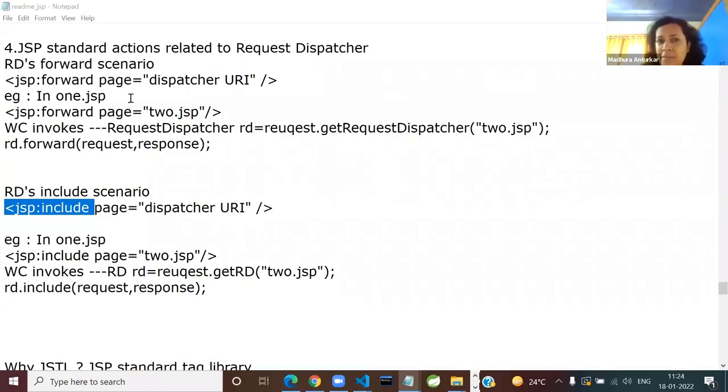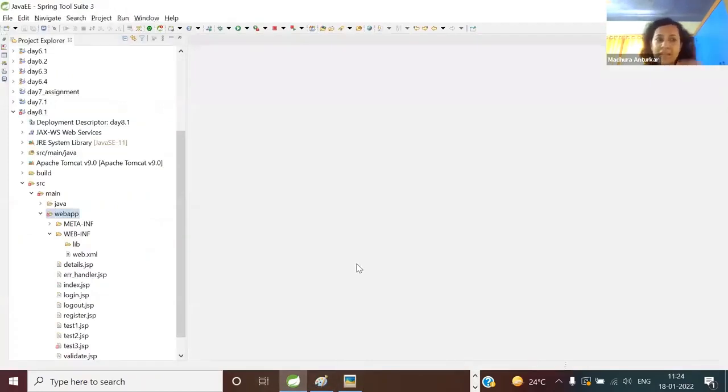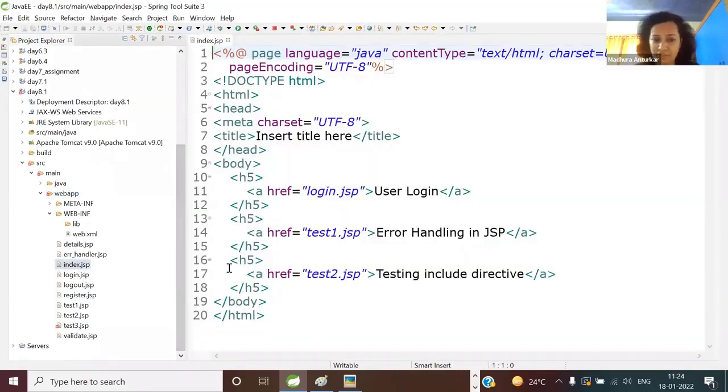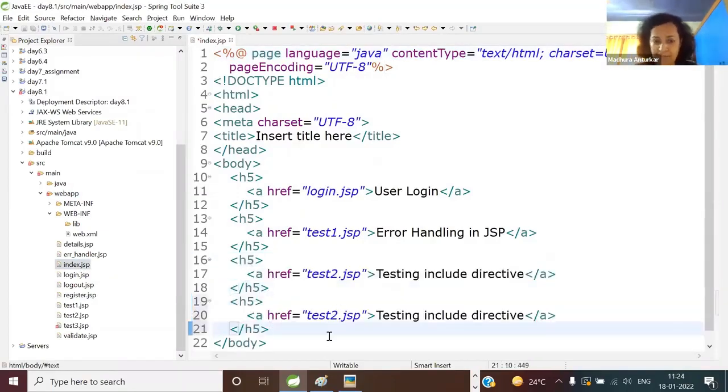So let's take a simple example and try it out. Continue with the same application. When I take you to JSP Java Bean, we are going to develop part of a CMS. I'm not saying we are developing the entire CMS because it is time consuming and you don't have that much JSP time. Anyway, coming back to the point, add the link. First, we are talking about the forward action. Later, you can definitely try the include action in the lab homework. So I've got test 2, test 3. So let me say test 4, and testing